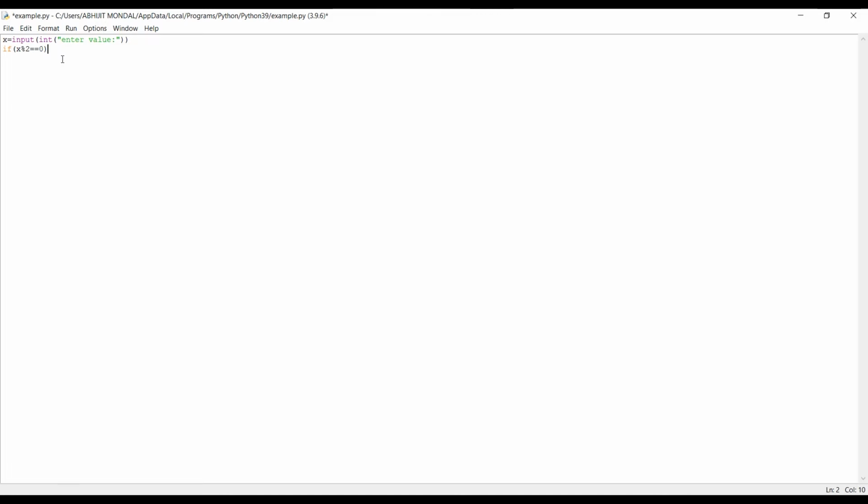Then we give a colon, and after the colon there will be an indentation, which tells us that we are writing the body within the if condition, and we will simply write print even.